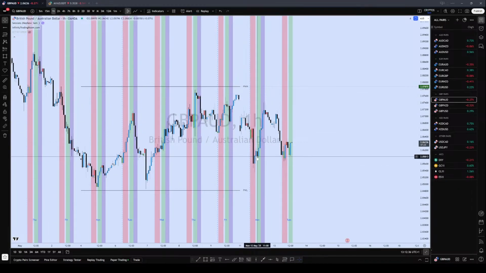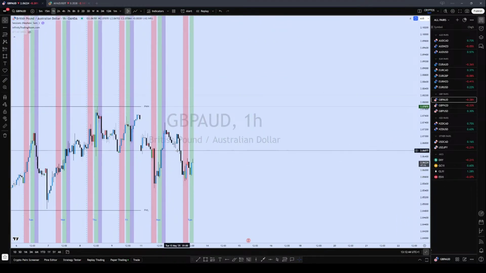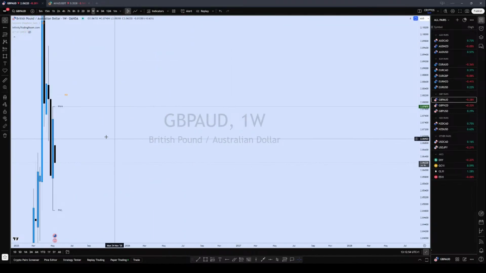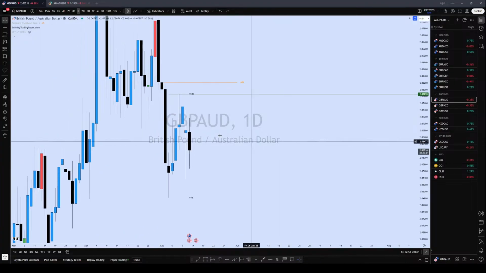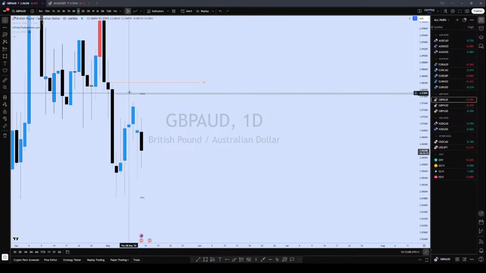This was a pullback. Now once we take out the high, then we can make a run for the low. So I guess that's why this one didn't work out. So that's my fault. I did not check the weekly time frame. So I'm looking for a run up here. Okay,